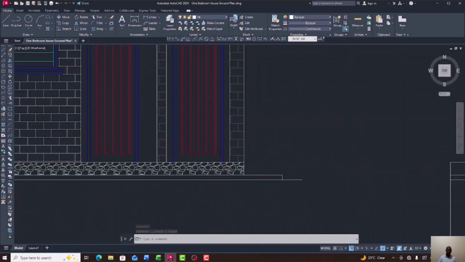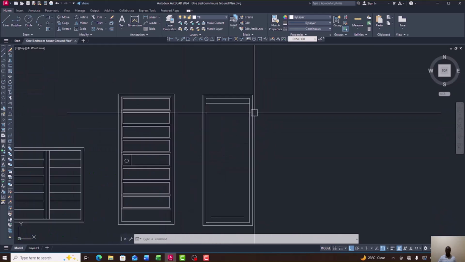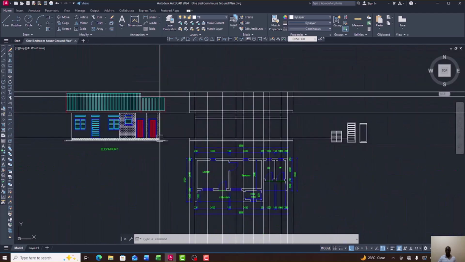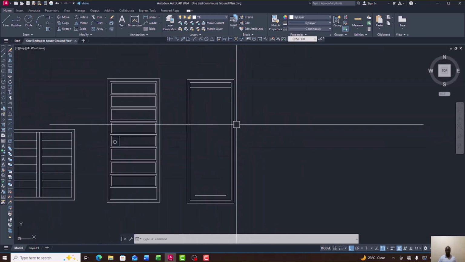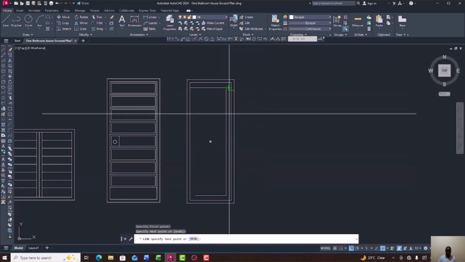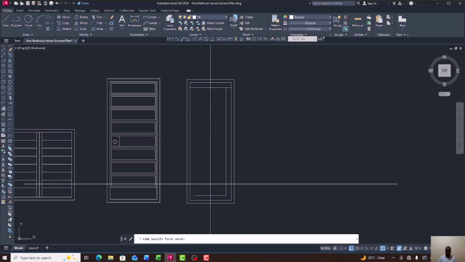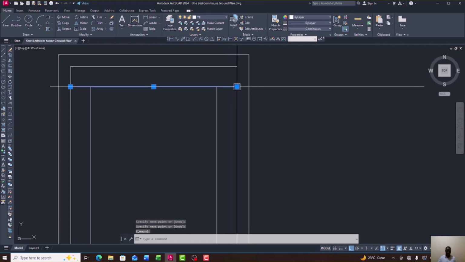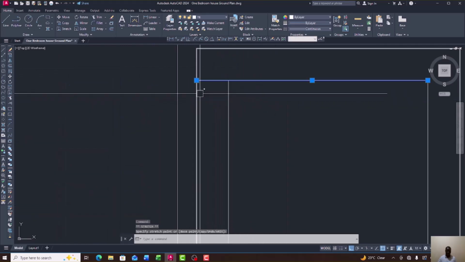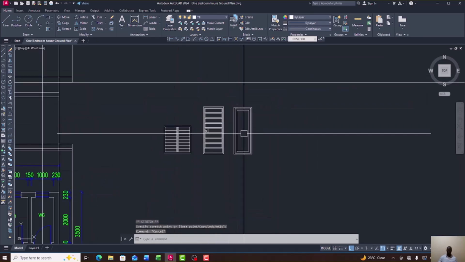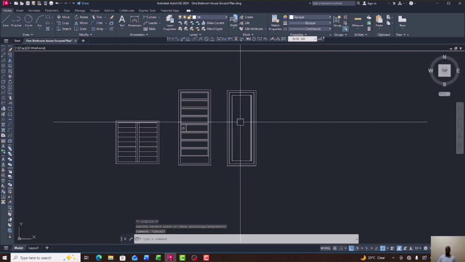So it is coming up. Now I can pick line. Then I join this one here. Then I pick line. I join this one here. Then select. Use grip editing. I pull. I select the edge, the blue, and bring it here. Like that. So the next thing is now to offset this